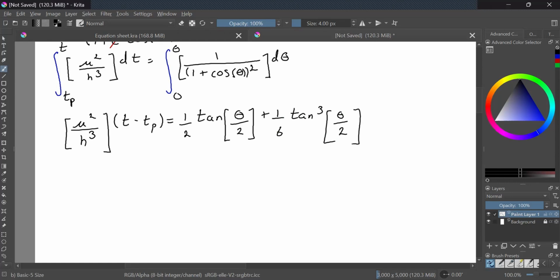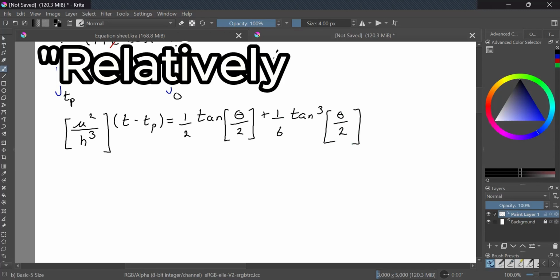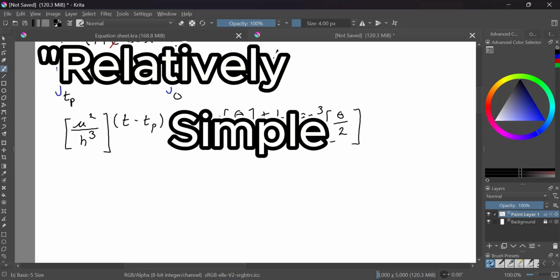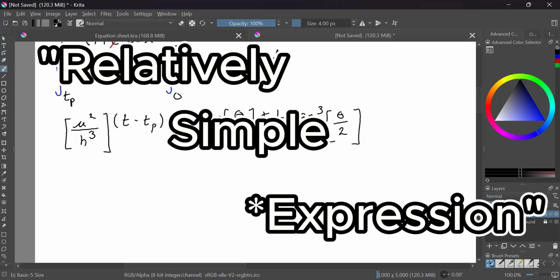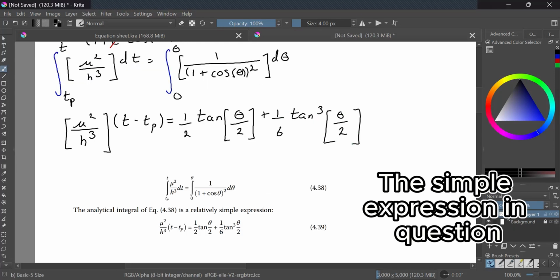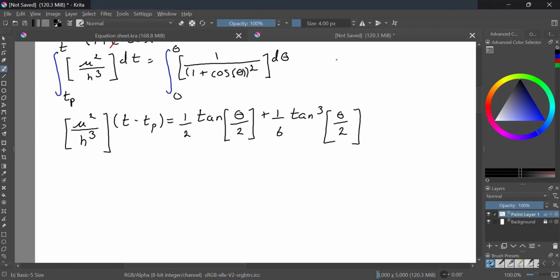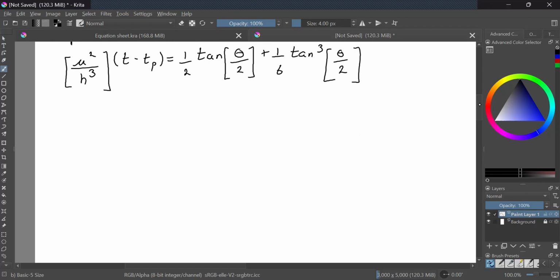And the author of the textbook that I have been referring to for the notes for this episode defines this as a relatively simple equation, which, I mean, it kind of is. It's simpler than this, but I would not look at this and go, oh, that's simple. So I have one question for the author. Are you doing all right? You doing all right, dude? Anyway, now that that joke has been made,